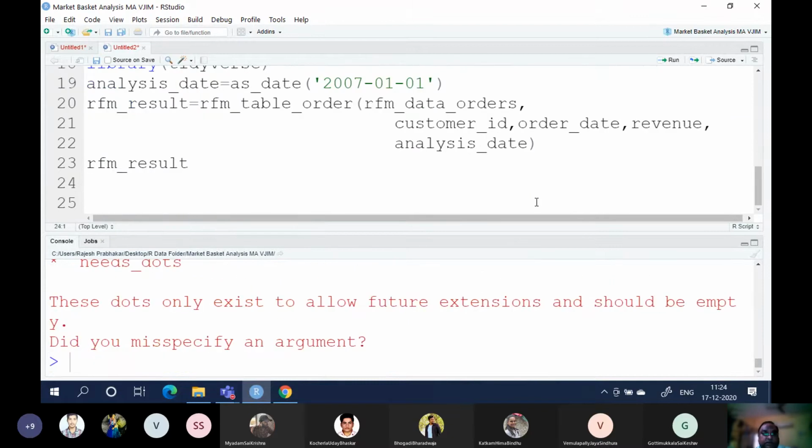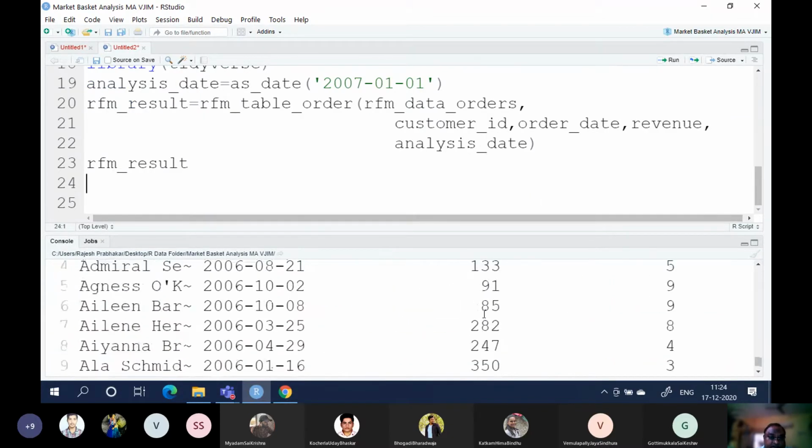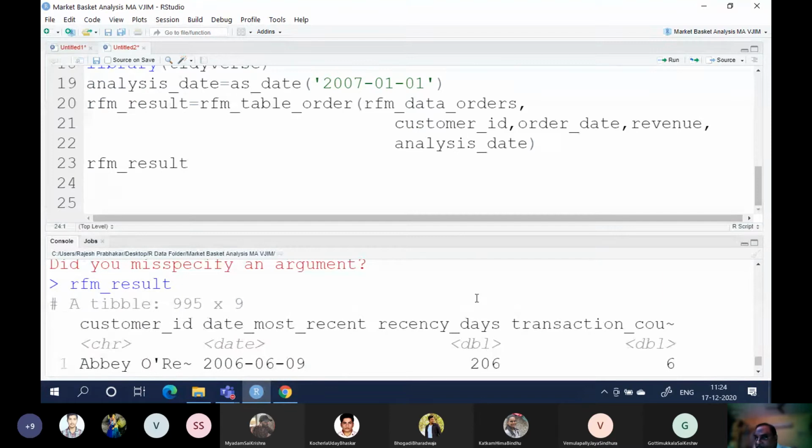We are getting it, but we are not able to see the complete data. Generally, we should get complete data with RFM score.